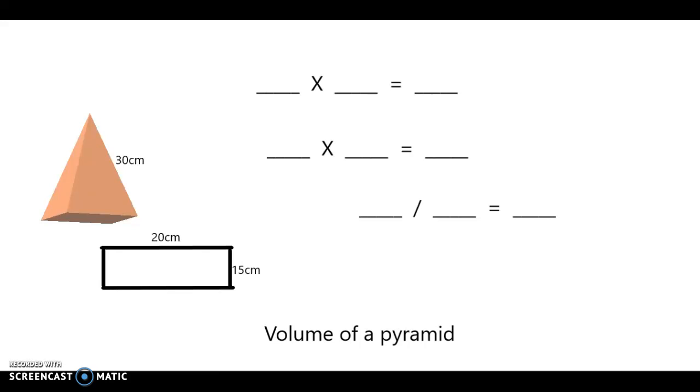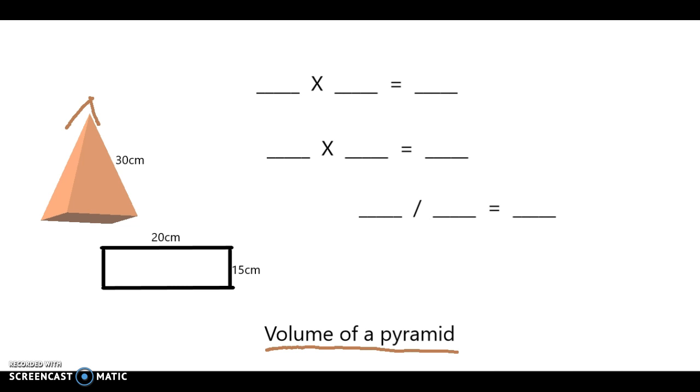Welcome back. We are now going to find the volume of a pyramid. Okay? Now, a pyramid is defined as a polyhedron that has a base which can be any polygon and three or more triangle faces that meet at the apex. And the apex is a fancy word for the top. Come to a point, as you can see here. Point. Okay? So, the first step to